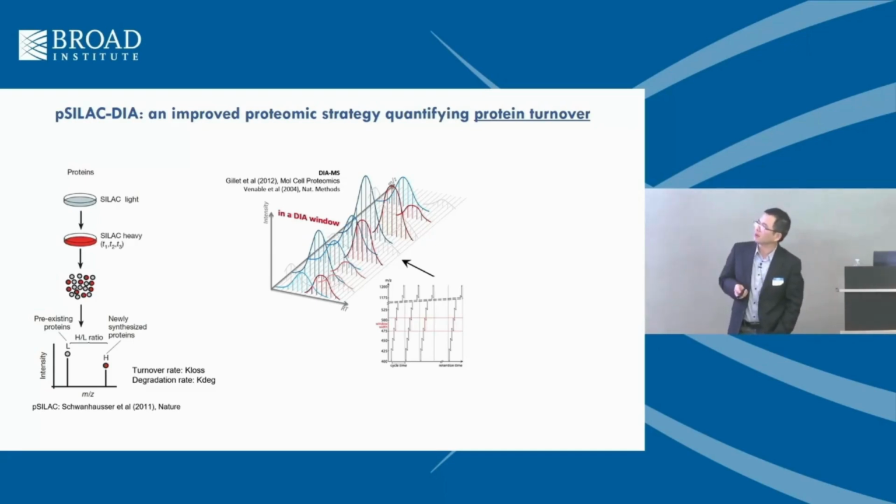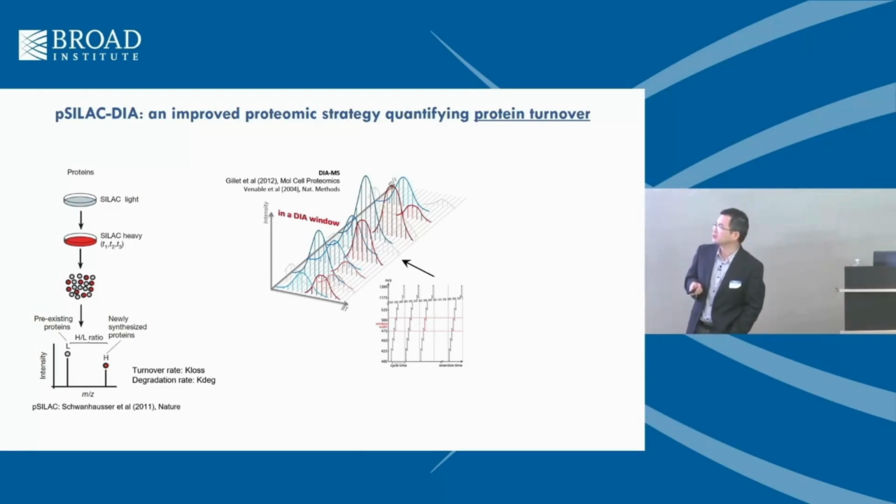Then we can trace the incorporation of the heavy peptide into the human proteome. The newly synthesized proteins will be labeled in the heavy channel, while the pre-existing proteins are still in the light channel. We could then use a mass spectrometer to quantify these heavy to light ratios along the labeling time course